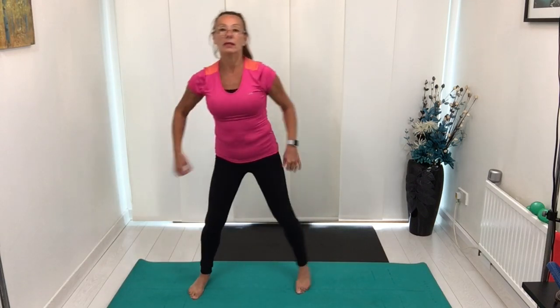So just notice the aliveness of your body. Notice maybe tingling from your sun salutation, and then release your arms down, open your eyes. So stepping wide,